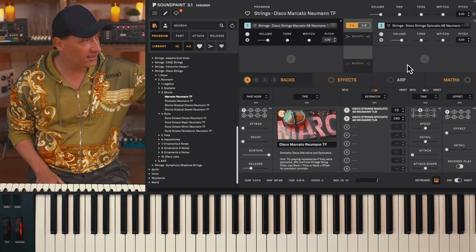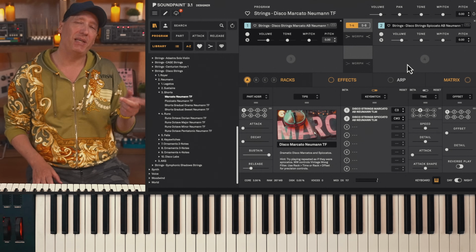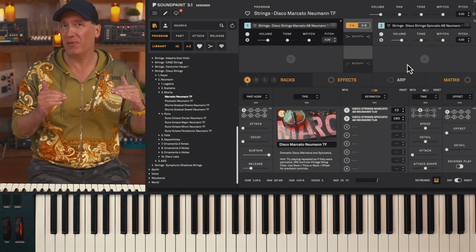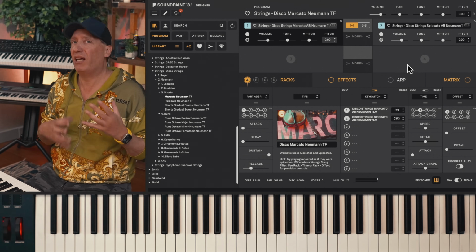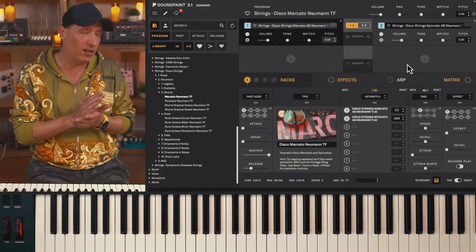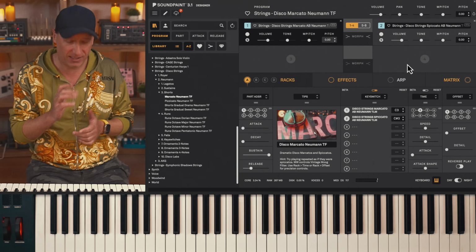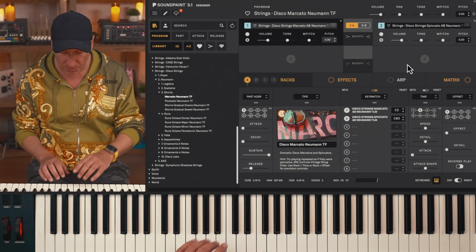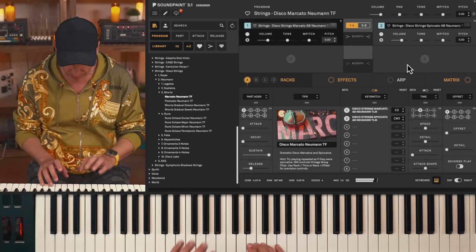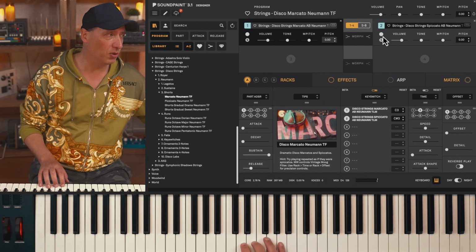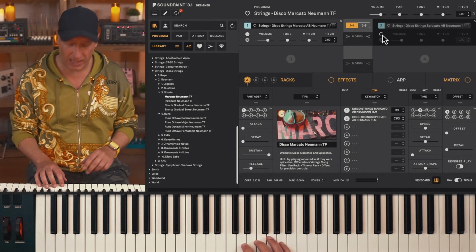You know, they have those bubbles and life to them. If you look here inside of Soundpaint, you'll notice that I have both the spiccato and the marcato loaded on top of each other. I highly encourage you to shape your own programs in whatever shape or form you want. I kind of wanted to have more of that sort of percussive accent on the note, using the spiccatos on top of the marcatos. But we can also remove them and we still have round robin on the marcatos.